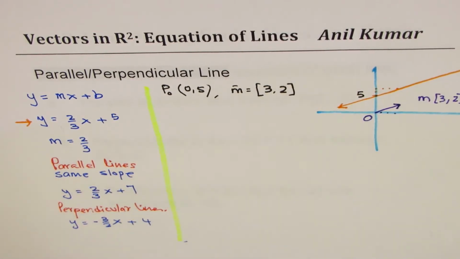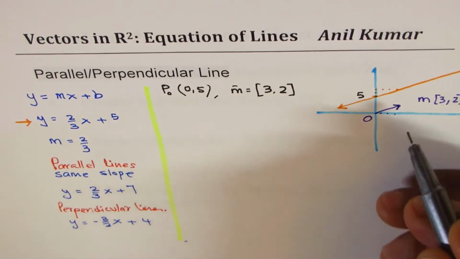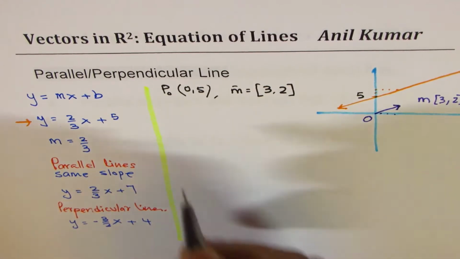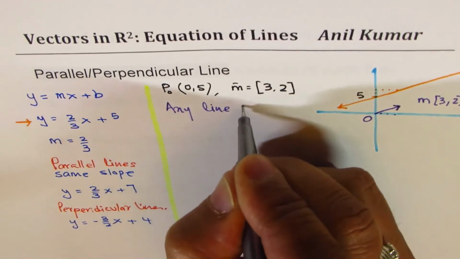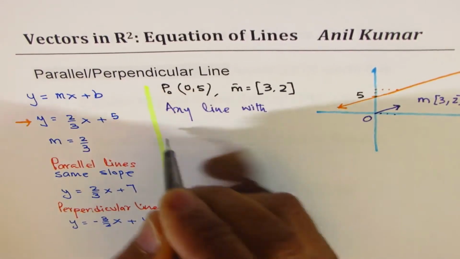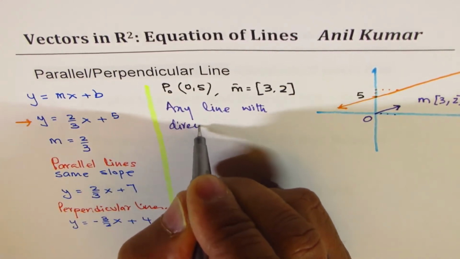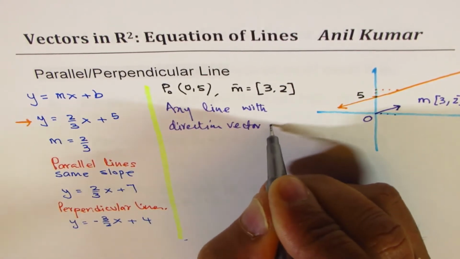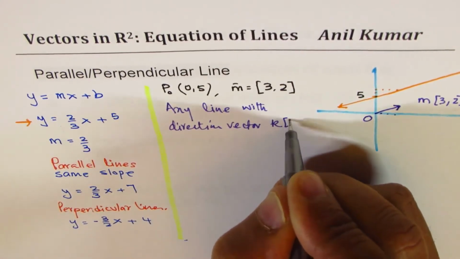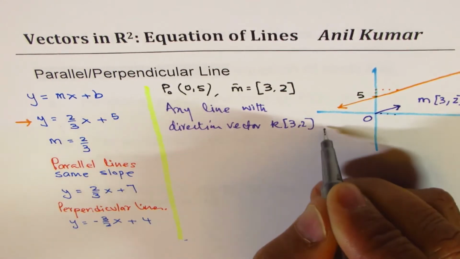You get the idea, correct? So now any line with direction vector k times (3, 2) will be parallel,